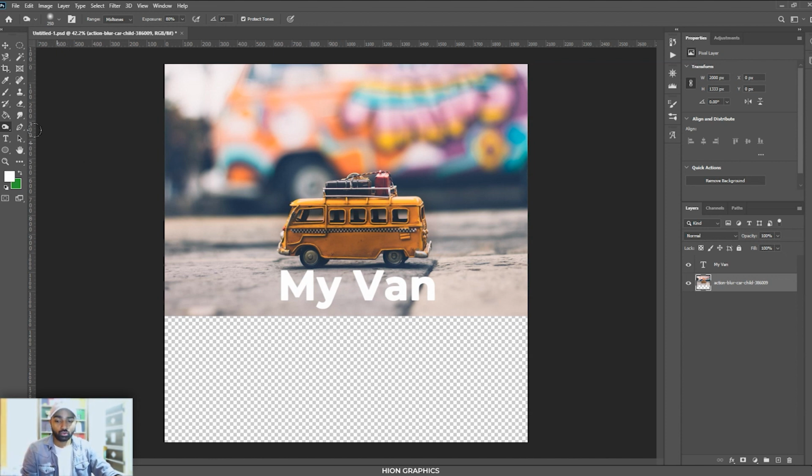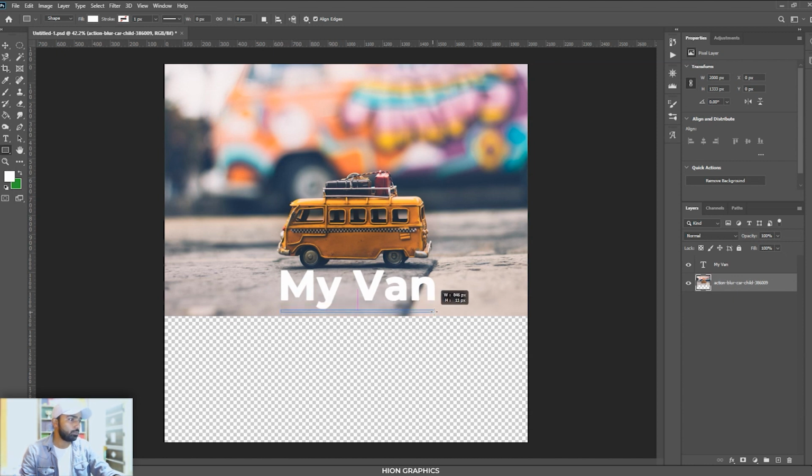Okay, so coming to the next thing, text we have already covered. We have the path selection tool. These things are normal, you can just go through it. I will explain the thing. The hand tool is to just move things around properly. Okay, so you can also think of how to do that. Then the normal shape tools, if you want to bring shapes into action.